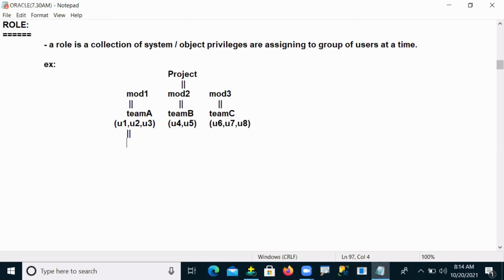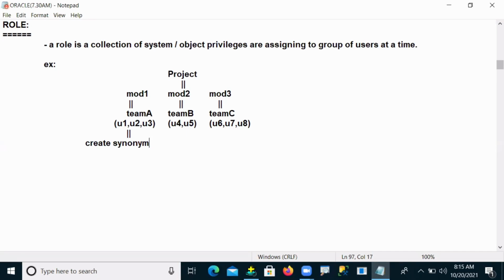Is my point understood by all of you? So suppose this team A wants, say, the create synonym privilege. Okay? Create a synonym privilege is wanted.